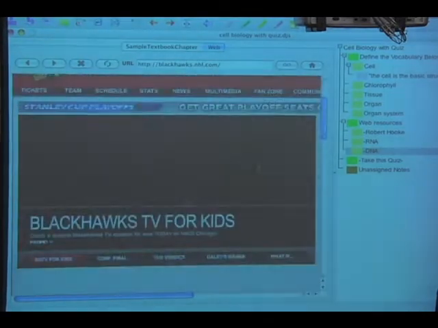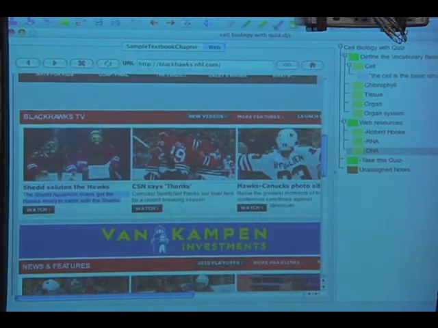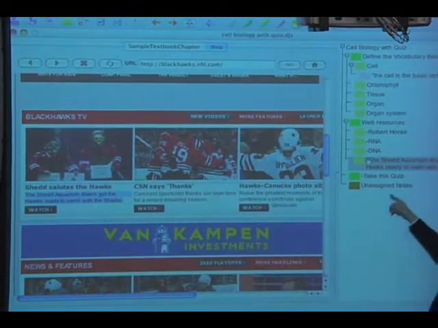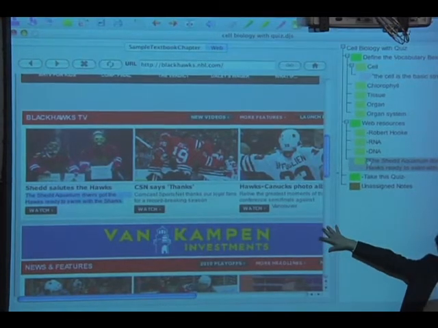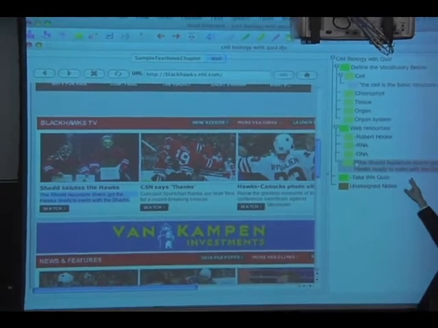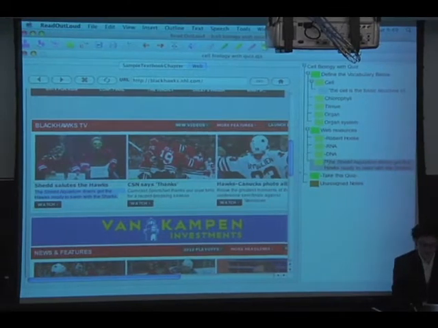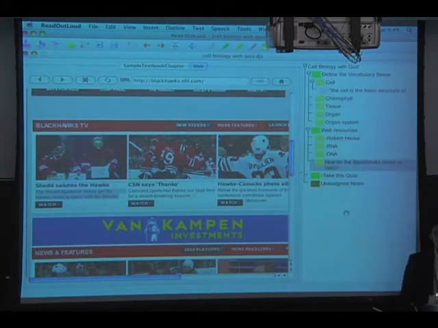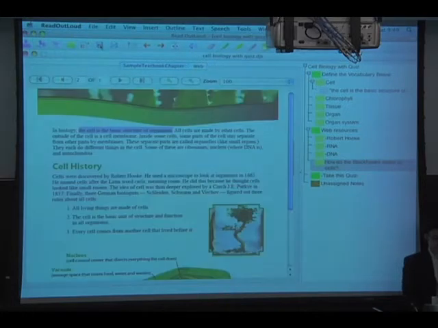So on this web page, if I highlight anything on this web page, so I'll highlight that, and notice how it brought it over, put it on the right-hand side. It actually automatically bookmarked this web page for me. So if I wanted to write over the top of this, all I need to do is click on it, and I could write, how do the Blackhawks relate to cells? Question mark. All right? And I'm done. Simple? Okay, and I would just save this. Save my file, and it's already bookmarked for me.